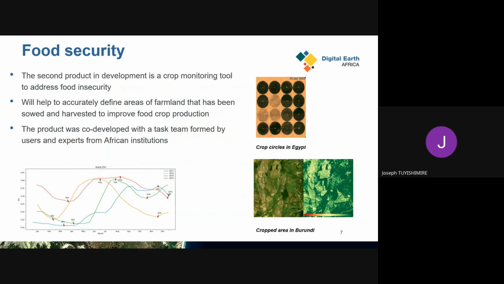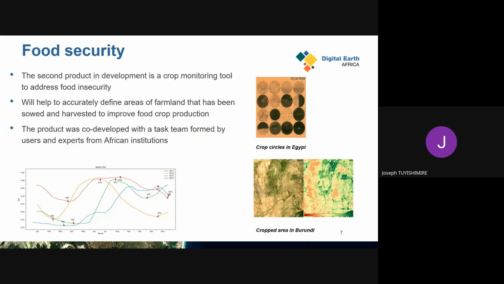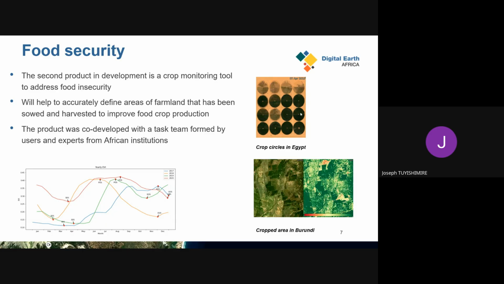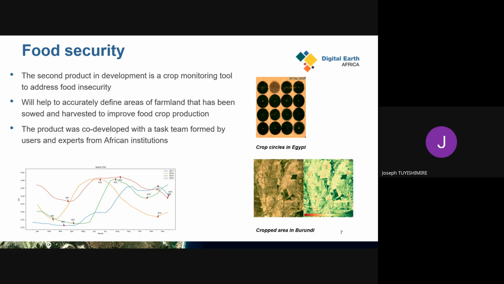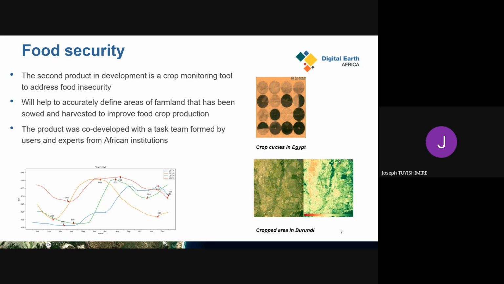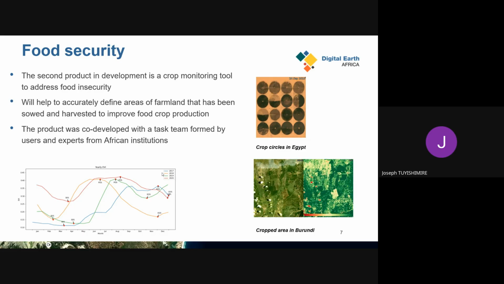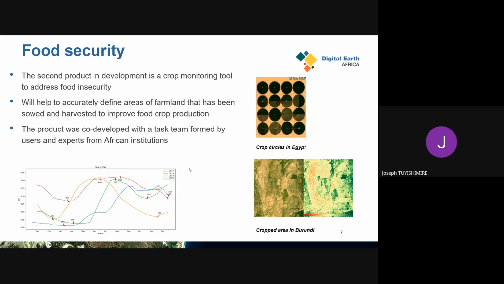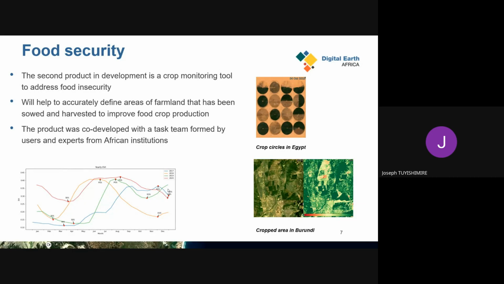So if you go to the food security, this is an example whereby we can use some continental products just to understand visually, using RGB images, how the trends in vegetation cover evolve over time, but also we can use a vegetation index. This shows the NDVI, trying to understand the vegetation cover. But we can also use the enhanced vegetation index just to compare several years from the start of the season, that's when people are planting seeds.